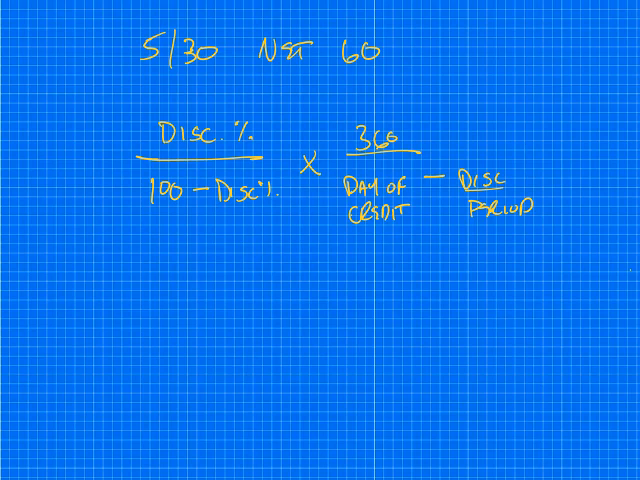This should look familiar because we just calculated that chunk of time in the previous slide. But let's plug in the numbers and work through this. The discount percentage we already know: that's 5. And 100 minus 5, times 360 over 60. That's the days of credit. We're given 60 days of credit,